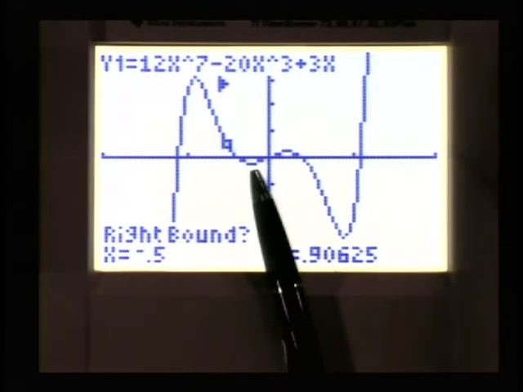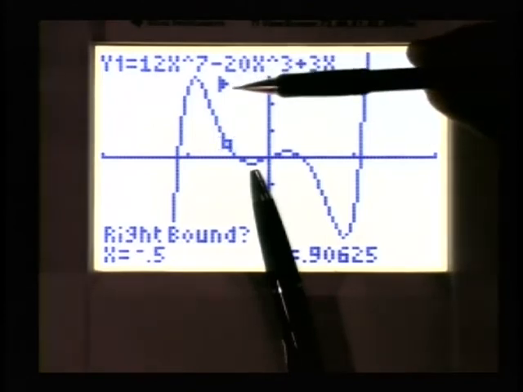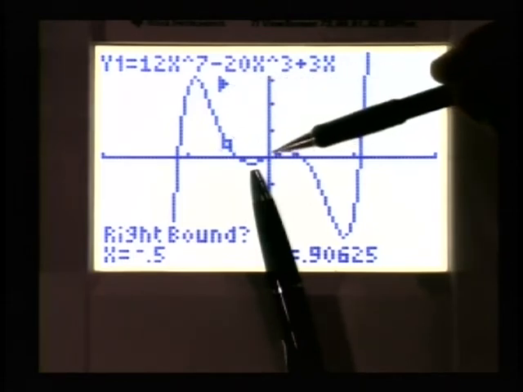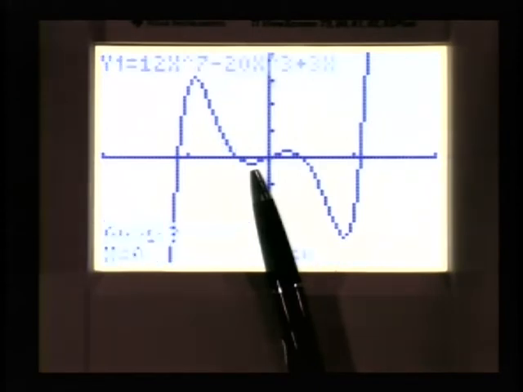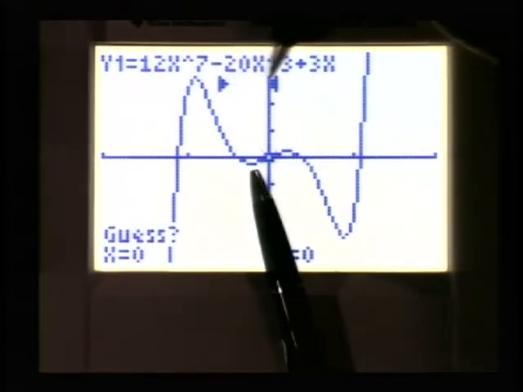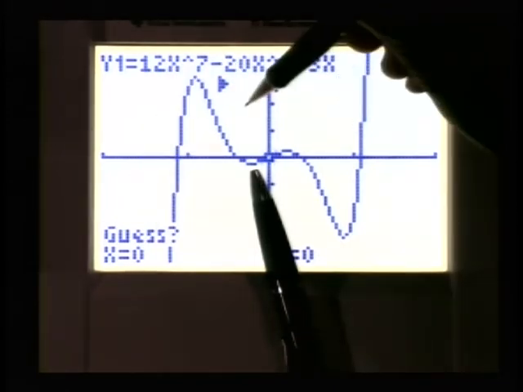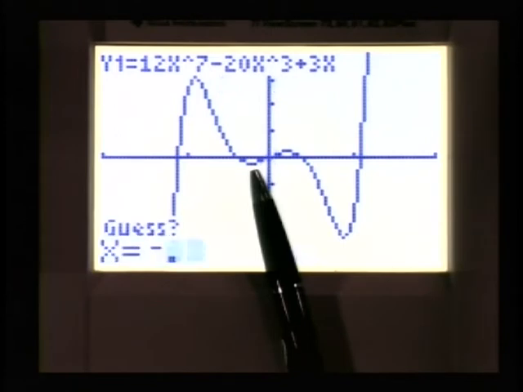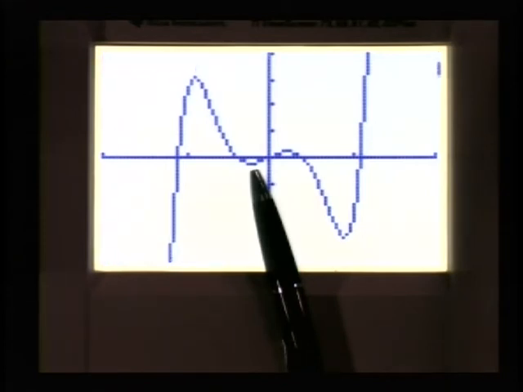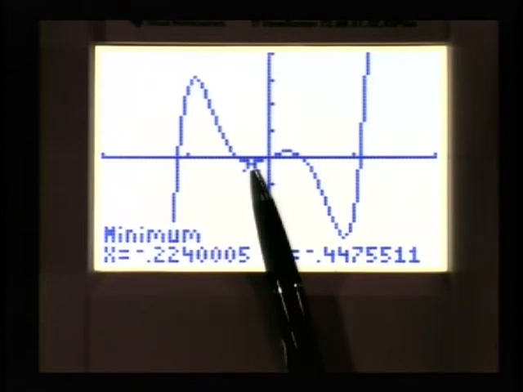And what it does is it leaves a little arrow up here pointing to the right. That's the left edge of our interval. And then we're going to pick another spot. Why don't I pick, say, 0? In the interest of time, I'm going to go a little bit faster. So now notice it's given us an interval, and the third question it's asking is, what's a guess? So I'm going to pick something in between there. Why don't I pick maybe -0.2? And I just punch that in using the negative key and hit enter, and the calculator cycles, does some testing of points, and it comes up with this result. So there's your answer,